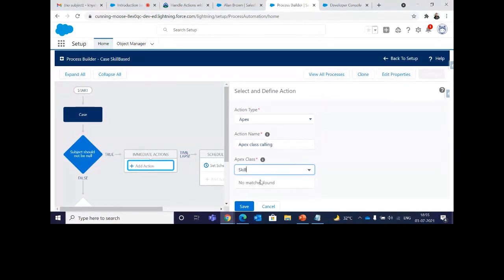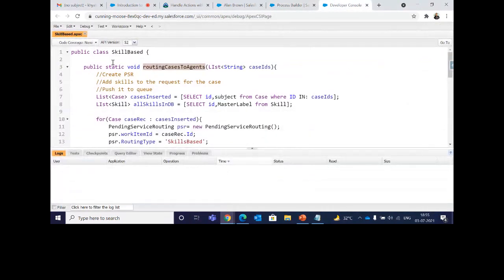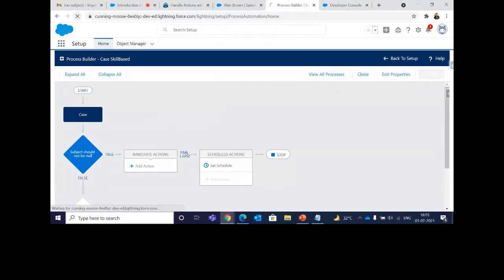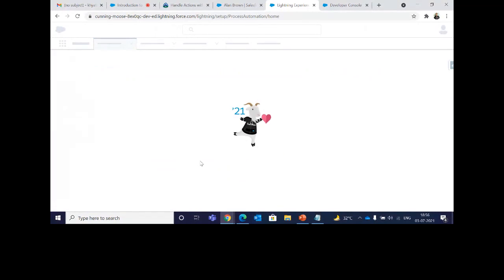I don't find skill based in my Apex class. Why is that so? Because I need to give an annotation here, that is invocable method. Once I write this, this method can be called from anywhere inside our org. So this annotation is needed.